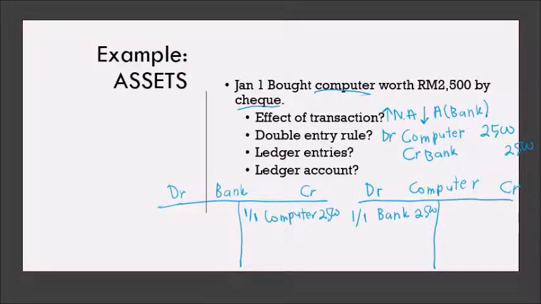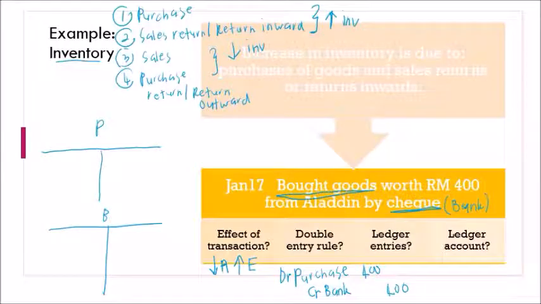Okay, so it seems the purchase account has never been opened. So the first transaction is 17 Jan, being purchased on the debit side. 17 Jan, bank, 400. As you know, this is not the first transaction for the bank account. We have 3 different transactions before this, which being